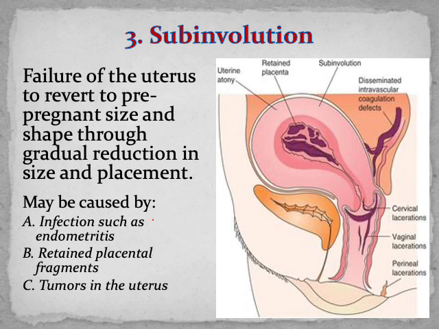So when subinvolution happens, hindi mo makikita yung normal na pagbaba ng fundus plus hindi siya well contracted. Ano yung usual causes ng subinvolution? It could be because there's an infection, especially yung infection ng endometrium. Posibleng dahil sa maraming risk factors such as premature rupture of membrane. Okay? Pangalawa, baka may retained placental fragments. Therefore, pwedeng magkaroon din ng further infection pa. And pangatlo, yung mga tumors in the uterus such as baka may myoma si mommy and other possible neoplasias there. Okay?